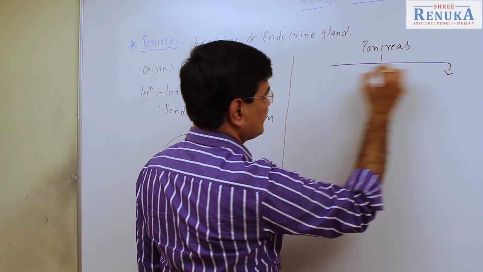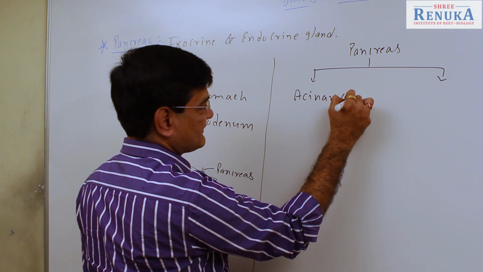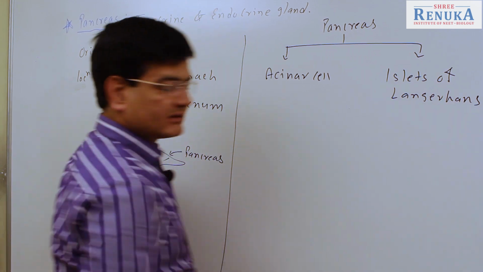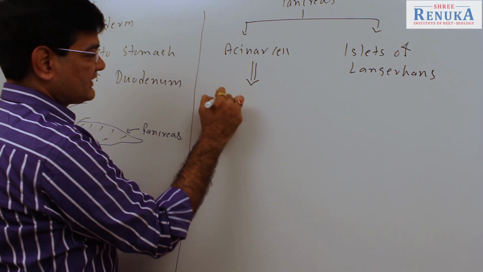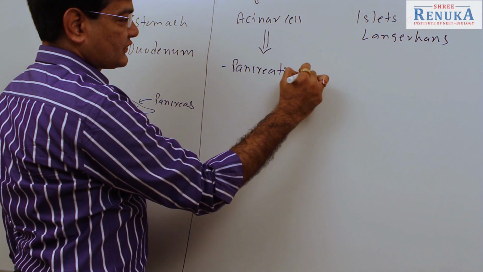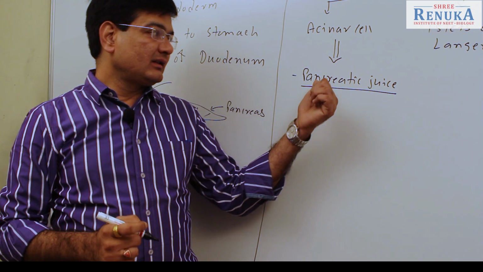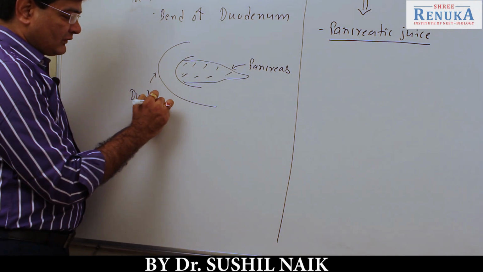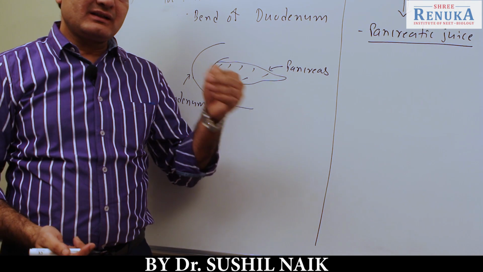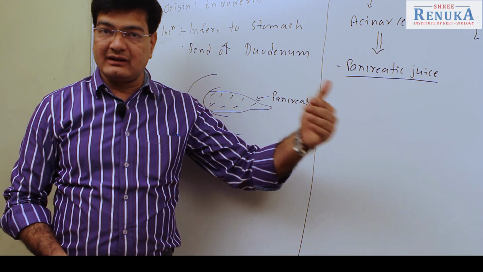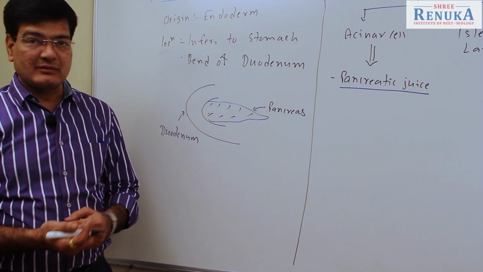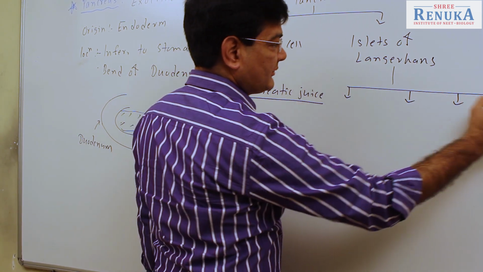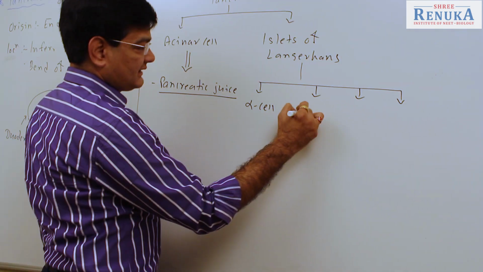In the pancreas, acinar cells and islets of Langerhans are present. These acinar cells are responsible for the secretion of pancreatic juice. With the help of pancreatic duct, this pancreatic juice is transferred towards the duodenum. And the gland which passes its secretion to the other side is the exocrine gland, as it possesses pancreatic duct. The islets of Langerhans are nearly 1 to 2 million in the pancreas, having alpha cells,